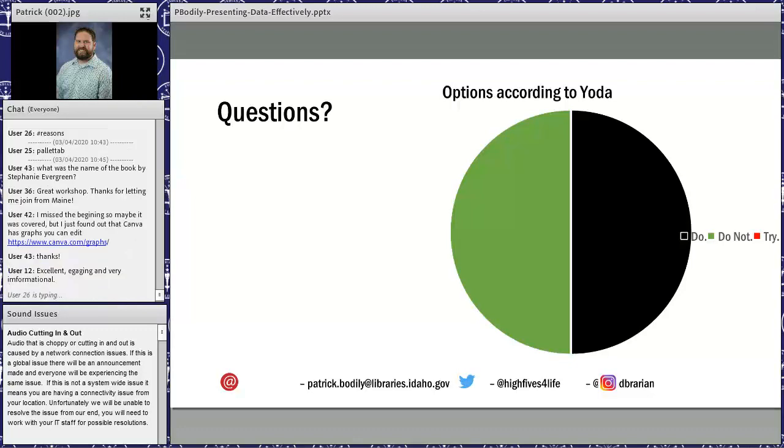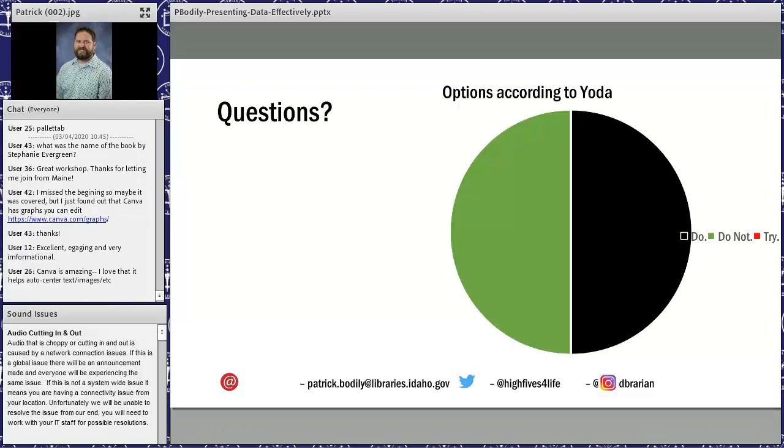Autumn, yeah, you're correct. If you are one of the people that uses Canva, they also have graphs that you can edit. I didn't call them out specifically, but if you do have a Canva account, they're awesome at helping people create presentations. And just a little plug for us, we did a graphic design for librarians series, and one of those was using Canva, and it is available on our archived webinar page.